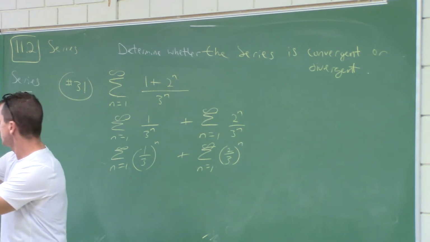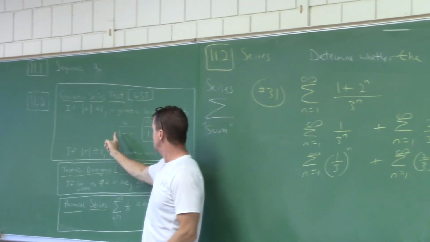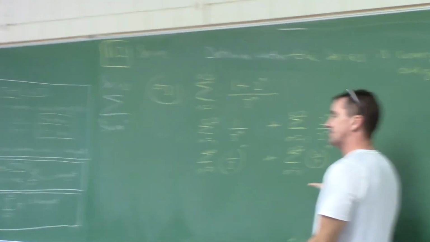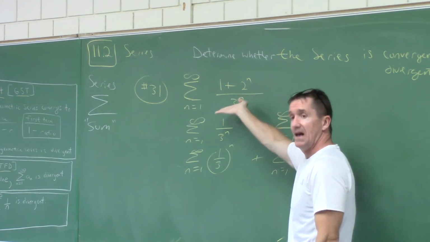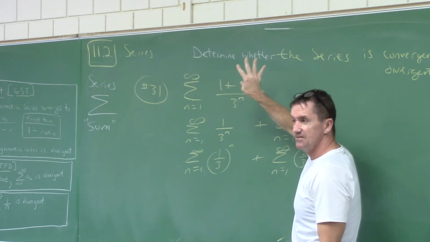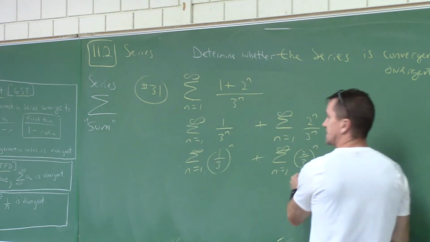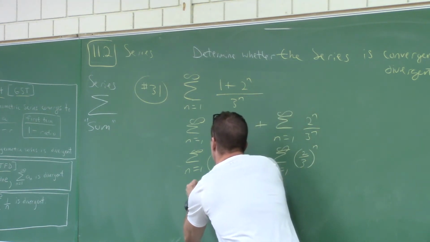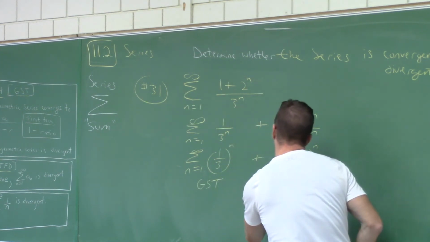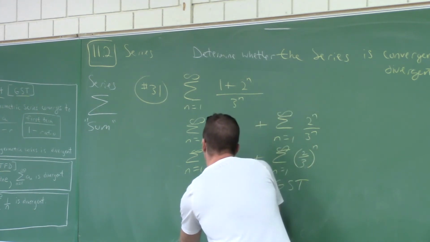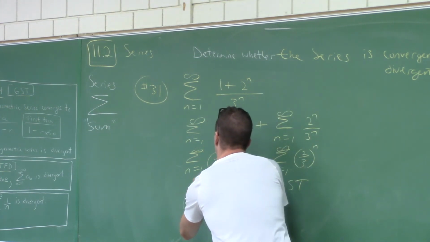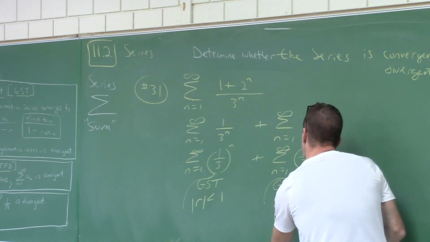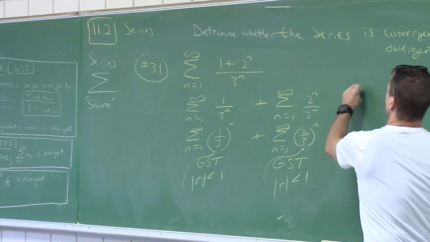So when you add convergent geometric series, one ratio is 1/3, one ratio is 2/3, they're both less than 1. If you add a convergent series to another convergent series, then the final thing has to converge. Do you agree? The overall sum has to converge. This is convergent, because that's a convergent series and that's a convergent series. They're both geometric series when I'm looking at these individually. What's that common ratio? By the geometric series test, that ratio was less than what? 1, you see it? And what's this ratio? That absolute value, that ratio was less than 1. It converges